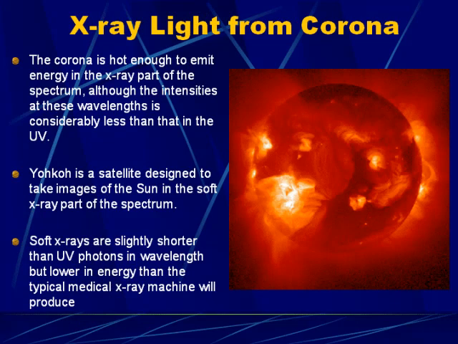Now here's an image of the sun in the X-ray part of the spectrum. In the visible part of the spectrum, we generally see objects that are approximately the temperature of our sun's surface. When you go to the chromosphere and the corona, you have to look in the ultraviolet part of the spectrum just to see them. If we go one further out to the X-rays,